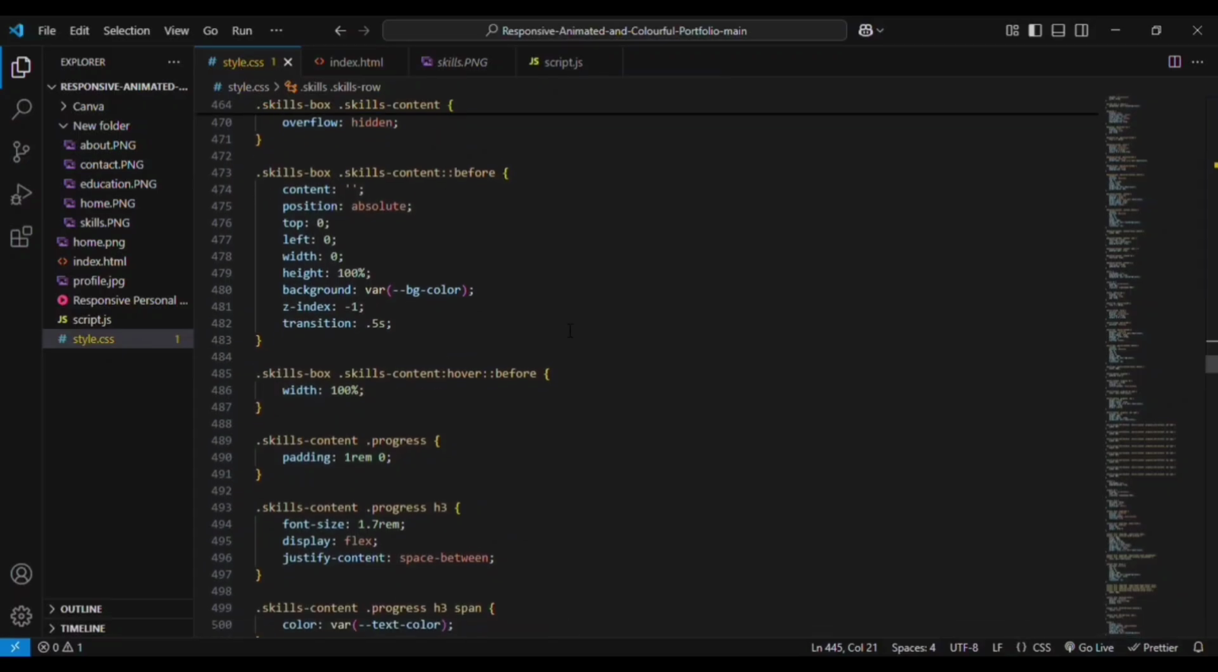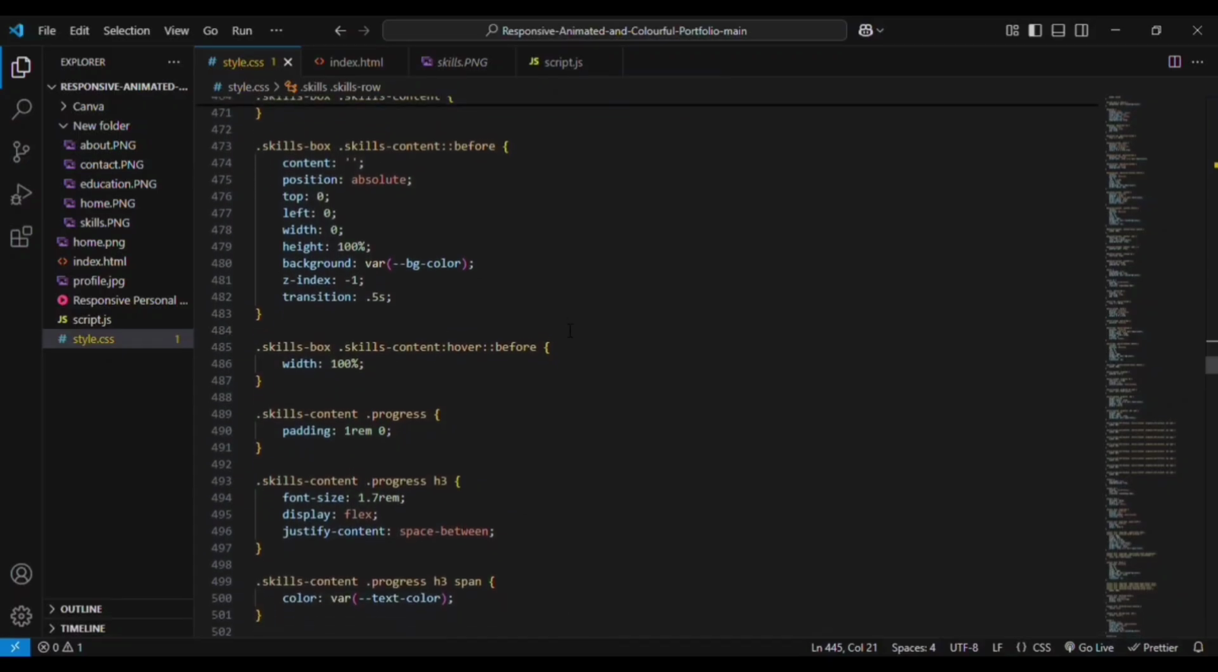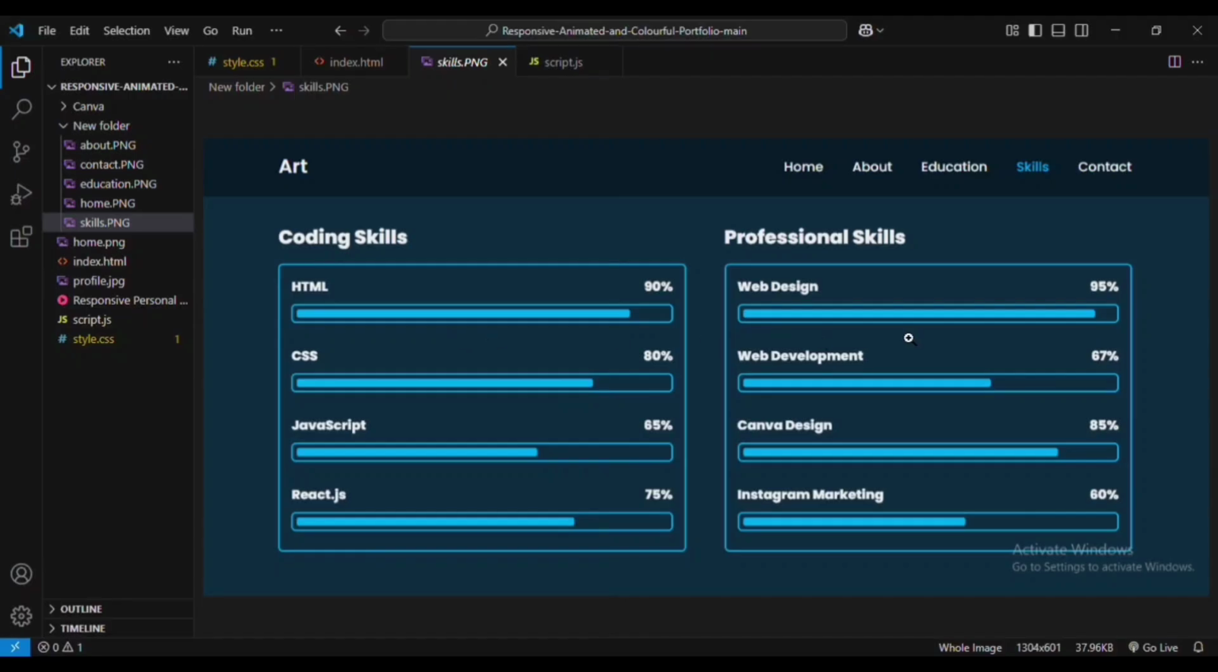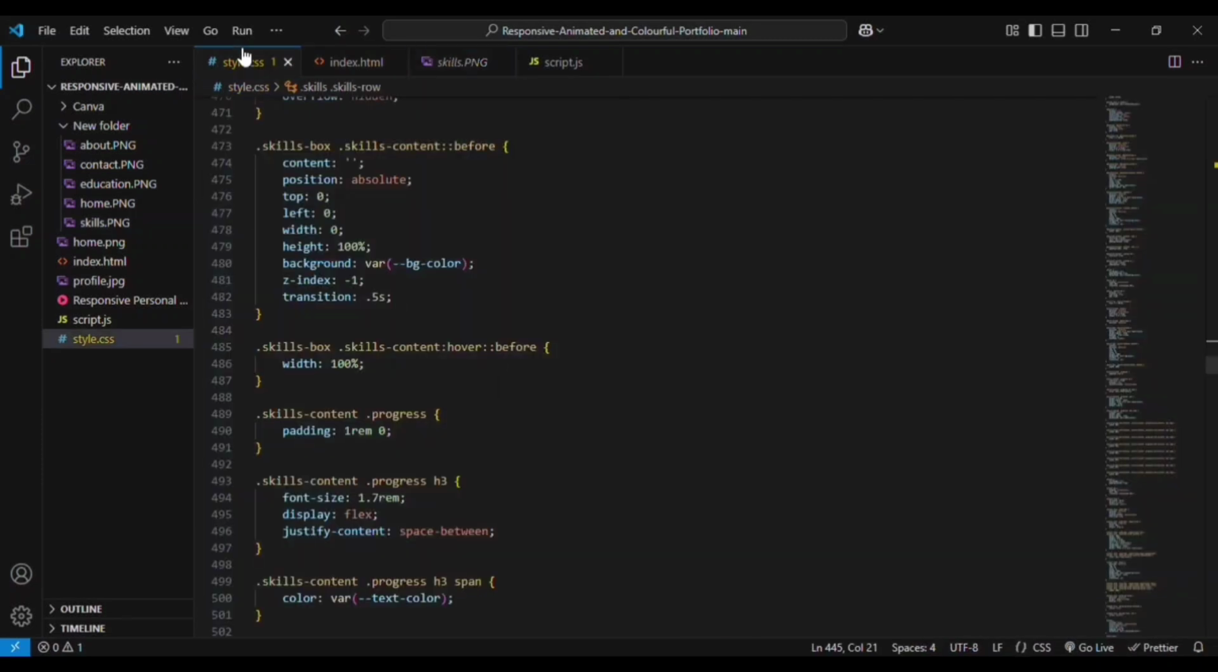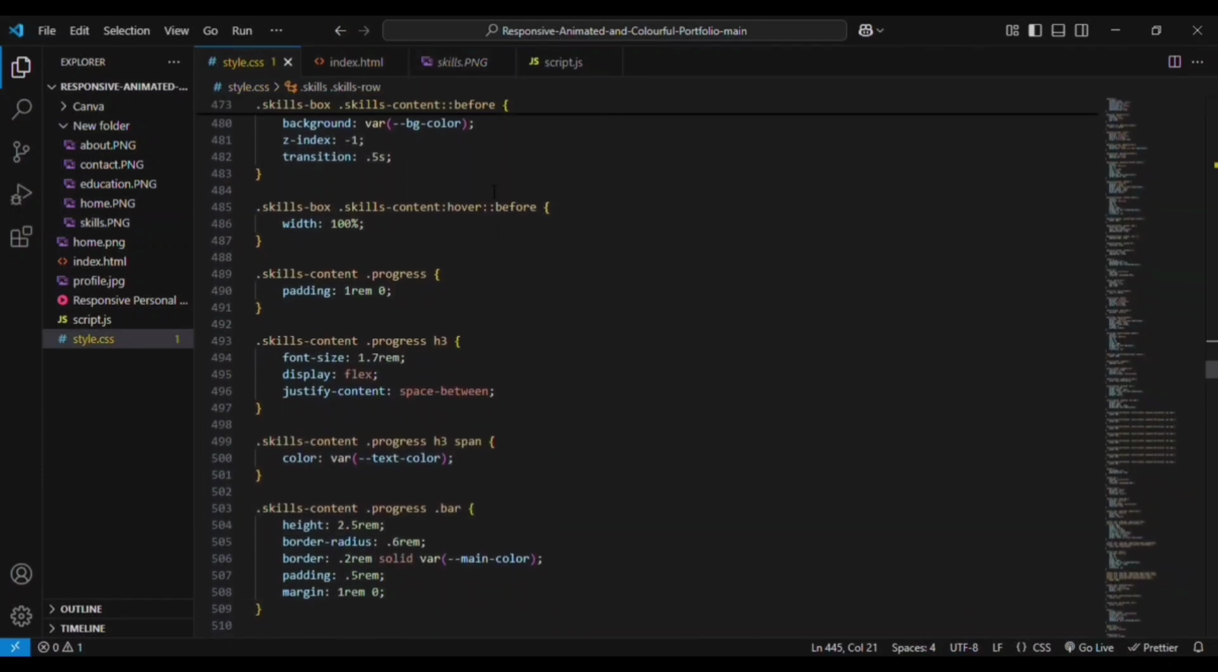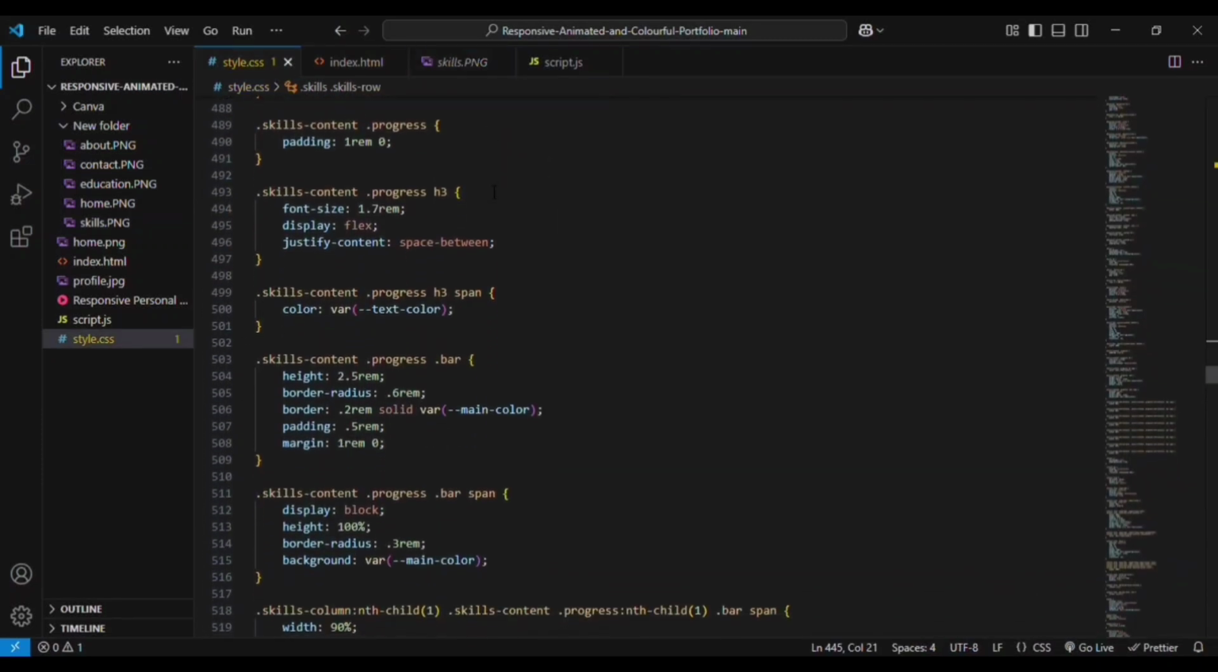Then we have width is 0%, height is 100%, background bar bg color is given, z-index is -1, transition is .5 seconds. And this is nothing but whenever you hover onto this skills section, right, coding skills or professional skills, you will see a light screen effect that will be displayed to you by using this before effect that we are creating here. Then for the progress bar, we are adding the padding and its relative element, font size, display flex,